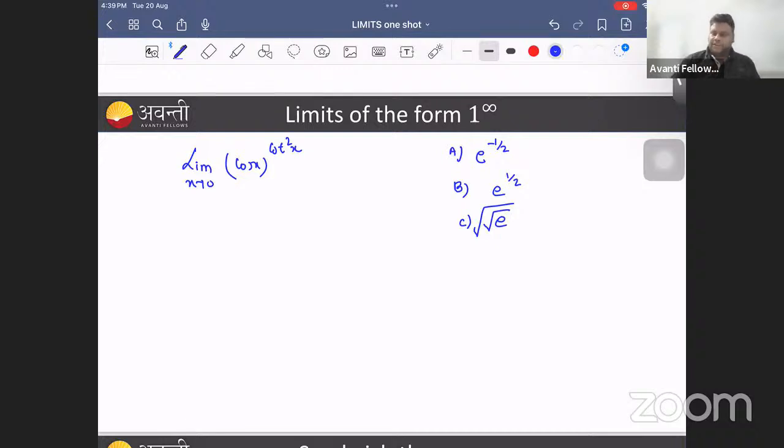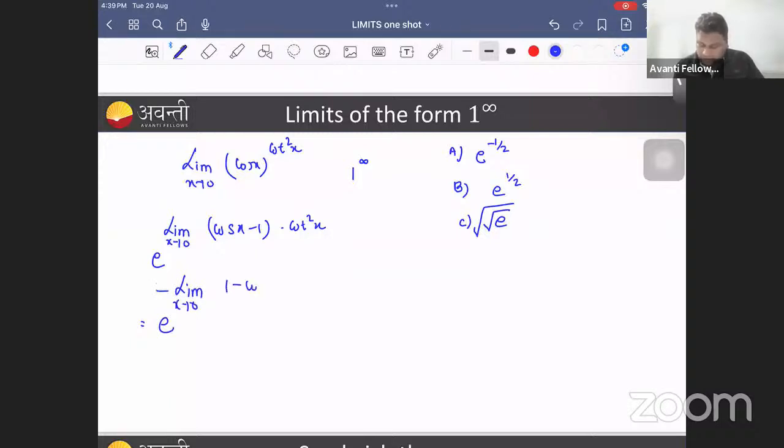All right, let's do it. So again, this is 1 to the power infinite. Cos 0 is 1, cot 0 is infinite. That is e to the power, limit x approaches to 0, cos x minus 1, and along with it is cot square x, which can be written as e to the power, limit x approaches to 0, take minus common. It is 1 minus cos x upon, make tan square x in the denominator, divide by x square, multiply by